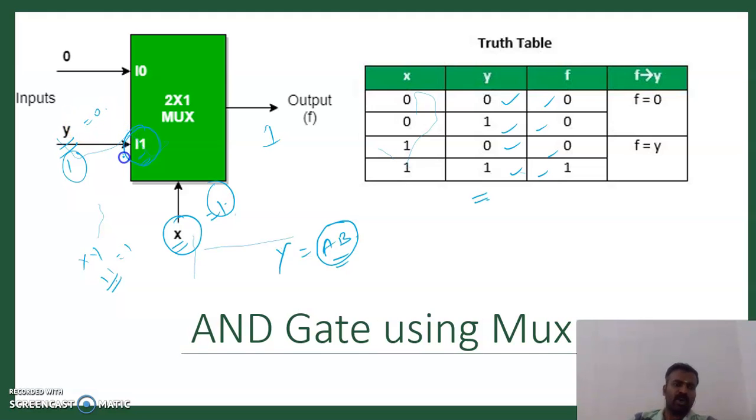Don't bother about the output, because in the AND gate, when both are 1 1, x is equal to 1, y is equal to 1, this should be 1. So this data is definitely supposed to give 0 1, because we are in need of only one output from this AND gate. So that output we are going to get from this y is equal to 1 condition. For the other remaining 3 conditions, the outputs are equal to 0. This is the AND gate design.